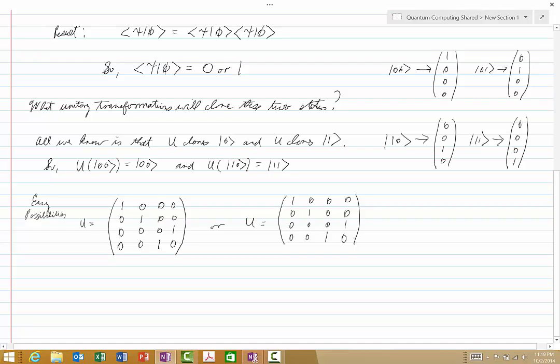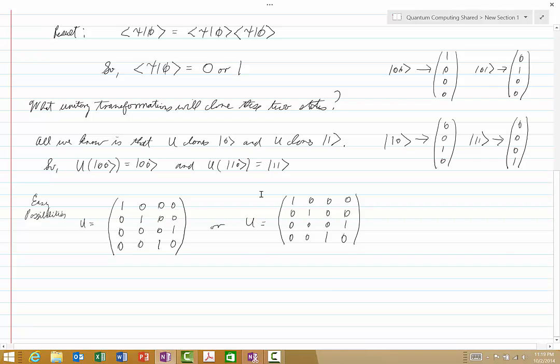And this would have worked as well. And once again, notice that the different rows are all of length 1 and all orthogonal to each other, and the different columns are all of length 1 and orthogonal to each other. So here would be a couple of easy possibilities, and you could get others as well, but just remember that